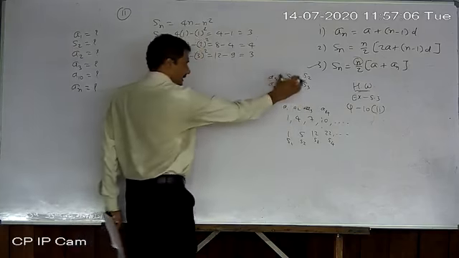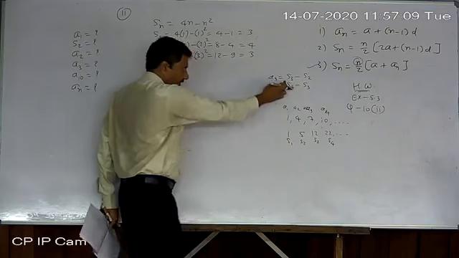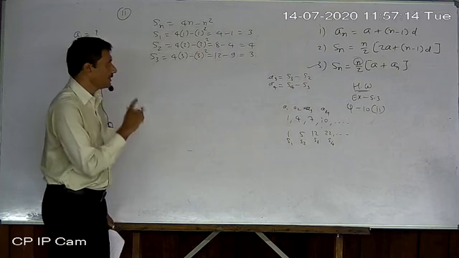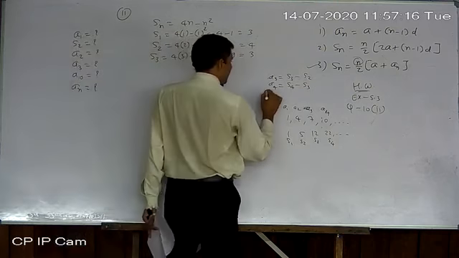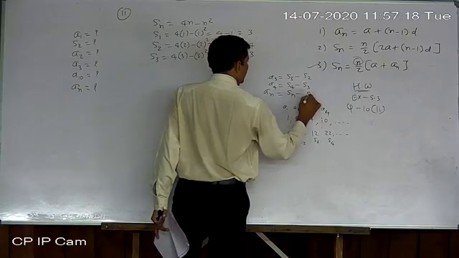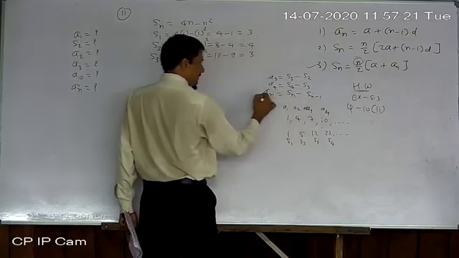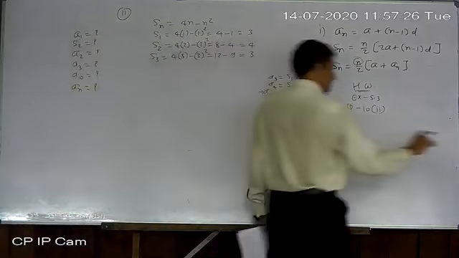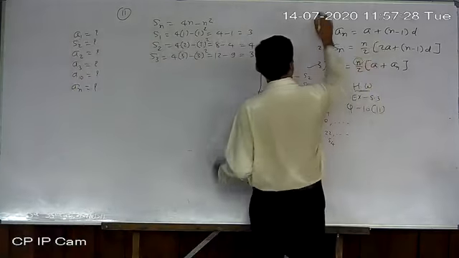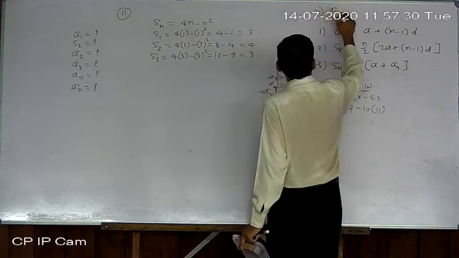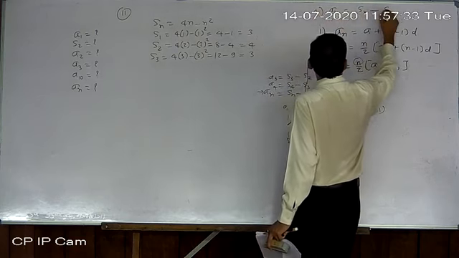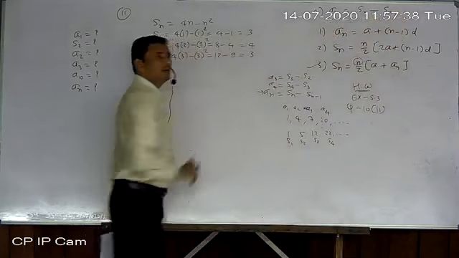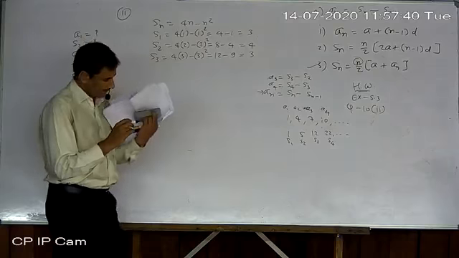Actually, I made one mistake here. Now I corrected that. Remember that. A3 is equal to S3 minus S2 and A4 is equal to S4 minus S3, which means An is equal to Sn minus Sn minus 1. This is generally how you can write it. So remember this as a formula also, number 4: An equals Sn minus Sn minus 1. If you don't understand, just understand by example only. Now look here.